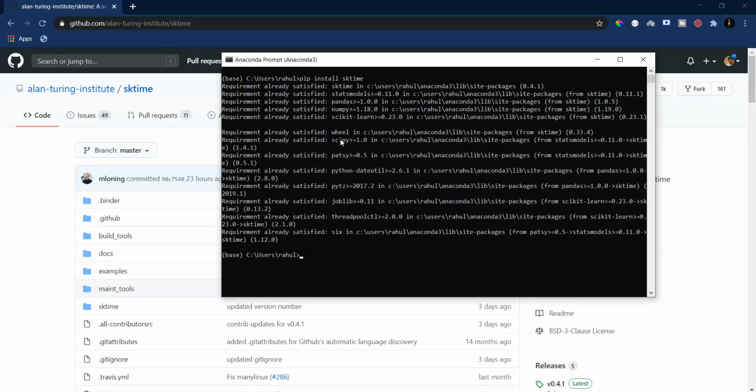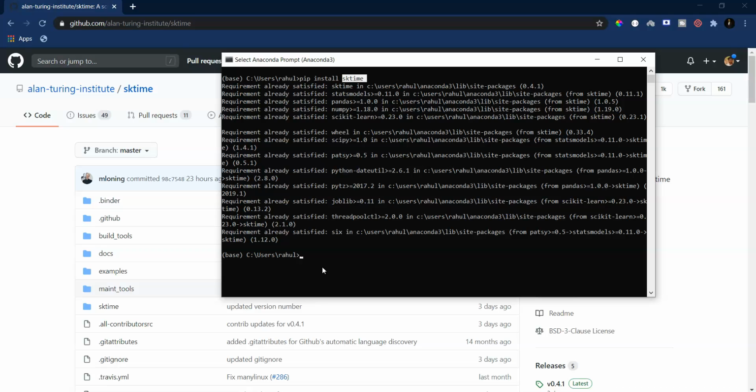Obviously you could use sklearn for that, but as I will show you in this series, getting your data into the right shape for building machine learning models using the sklearn library takes a lot of work. That is what the skTime library does for us. There are lots of helpful functions and libraries, as I have seen while exploring this library, to accomplish that particular task for us. Okay, so we will be learning all of that.